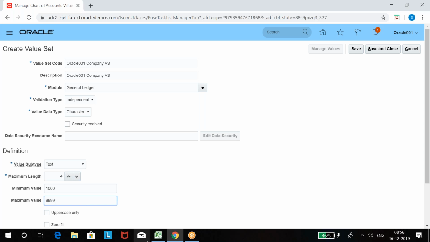Because minimum 1000 you have to start, maximum you can reach up to 999. Your values must be between this range. If I take this, then I can define anything I want. I can define ABCD, ABCD1, whatever alphanumeric, anything from 0 to Z. 0 is the first value, Z is the last value, right? So 0 to Z, anything I can define. But do not take anything in minimum and maximum values as it is optional. Not required to write anything here.